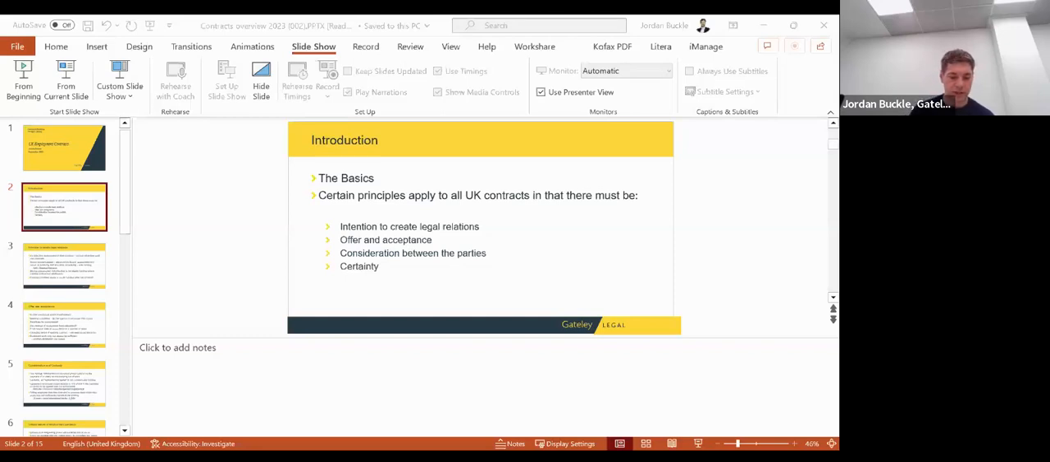So then, as alluded to, employment contracts in some ways are slightly unique to other contracts in the UK. And it's important that the interpretation of the rights and obligations will be subject to the same principles that apply to other commercial contracts, but there will be certain exceptions